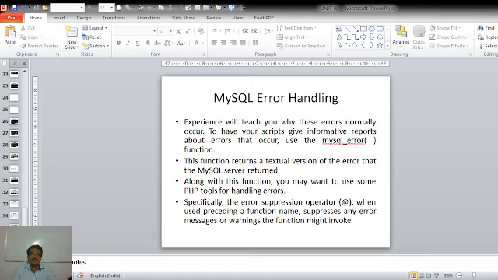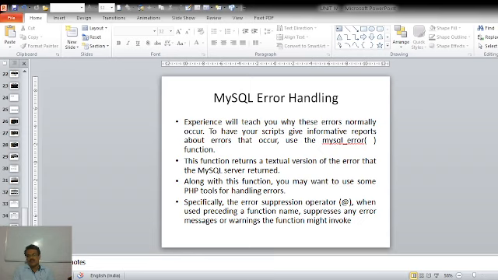Sometimes it happens that we will not be able to understand what that error means, and because of that we will not be able to understand what exactly is causing that error. So to have our scripts give informative reports about the errors that occurred, we will be using the mysql_error function.